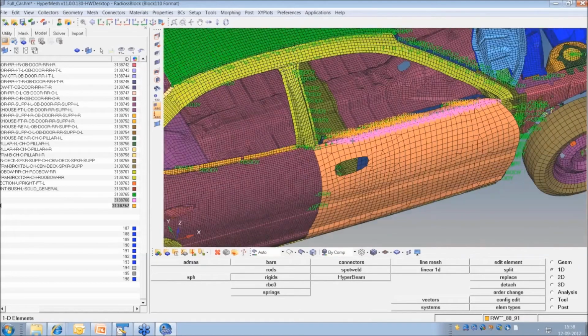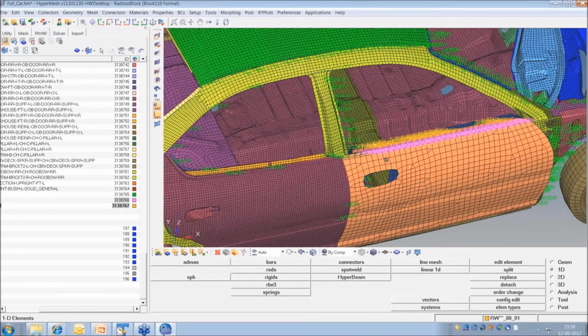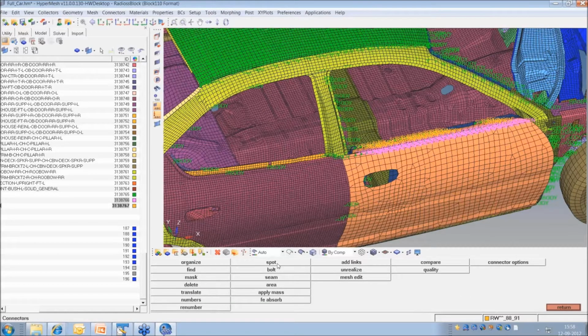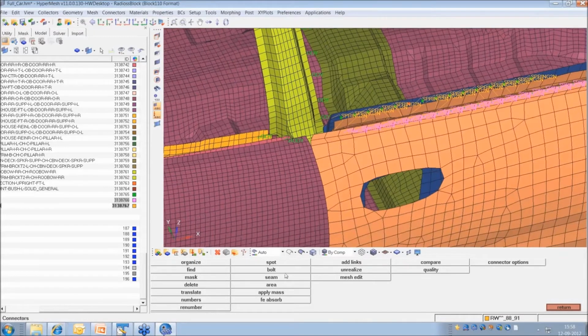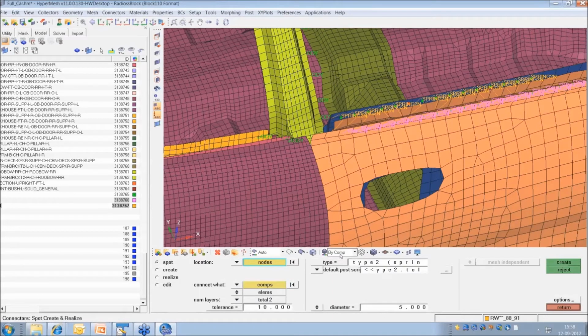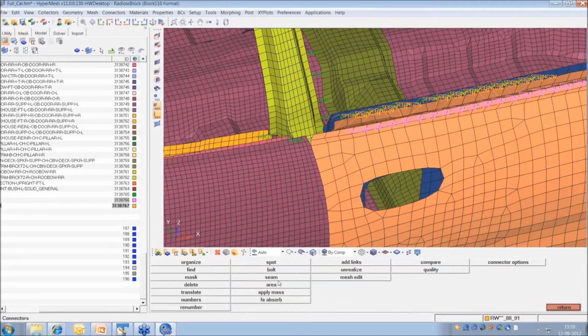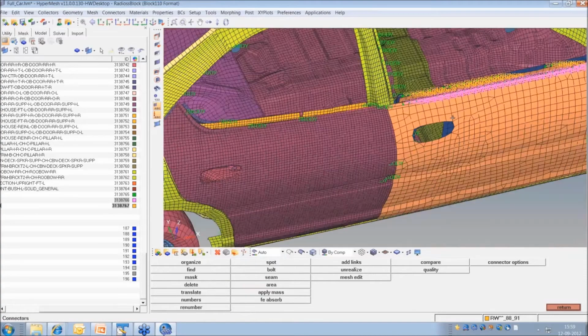Okay. So I showed two types of connection. One is rigid and the other is this one. If you don't have this spot weld file, there is a detailed procedure for how you can create the connectors and how we can realize that. That is a very detailed and big chapter. If you have the connector file already, you can import that and realize. If you don't have a connector file, you can create the connectors using some existing nodes, points, or a line. So there are many options in that regard.